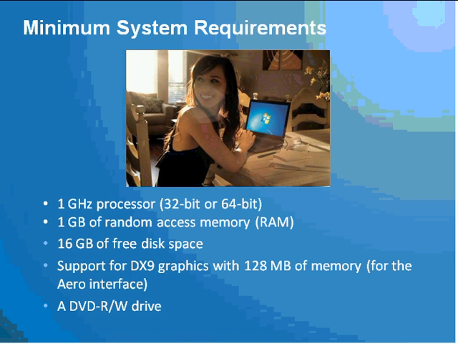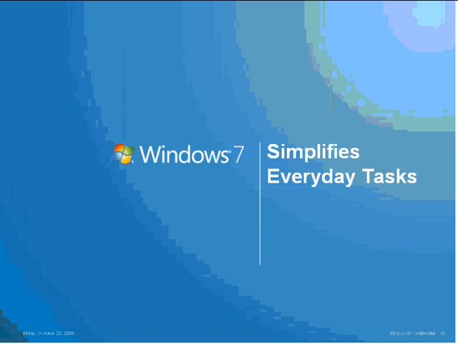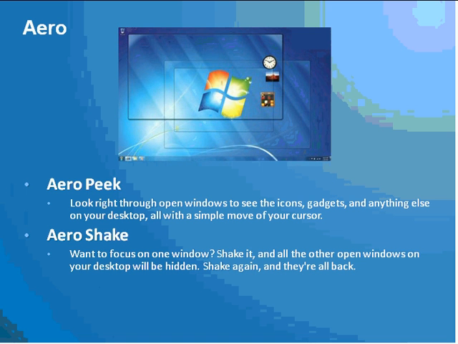All right, let's move on and see how Windows 7 simplifies your everyday tasks. And the first, simplifying your everyday tasks, we have extensive Aero features. We will see all of these in action as we go forward, but as of now, Aero provides you with Aero Peek, and I will just run through the features quickly so that you can get to the demo as soon as possible.